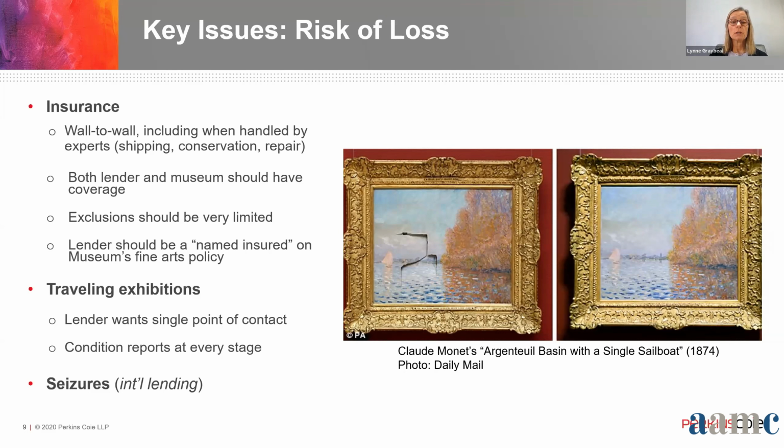Again, on a traveling exhibition, the lender wants a single point of contact. And while it may not be possible for the lender to get the museum to agree that they will provide insurance as the piece travels to other locations, we typically are negotiating that there will be a single point of contact at that initiating museum that is required to be making the museum responsible, even if not under insurance coverage, for ensuring that the museums that are part of the tour are complying with the various terms that have been agreed to in the exhibition plan.